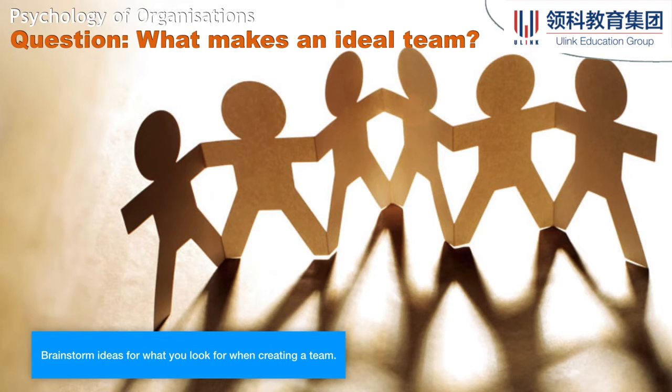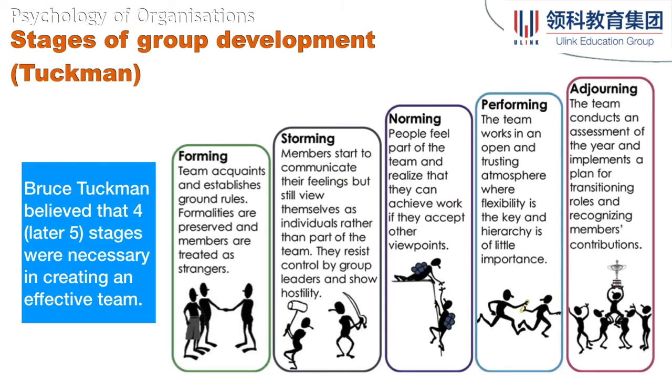This was developed by Bruce Tuckman in the 1960s. He had 4 initially and then 5 stages of group development. And these are kind of self-explanatory. You could look at the graphic here or look at your textbooks to see the 5 stages. 4 of them rhyme perfectly. The last one is sort of a forced rhyme or a slant rhyme. Forming, storming, norming, performing. And later he added the 5th stage, which was adjourning.